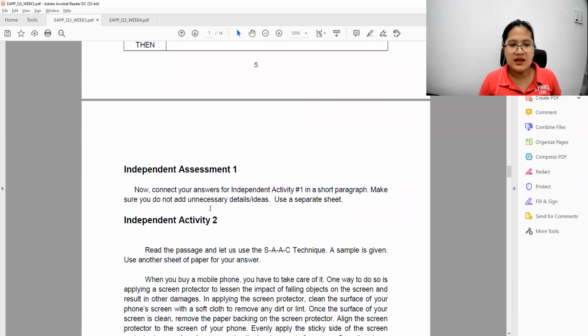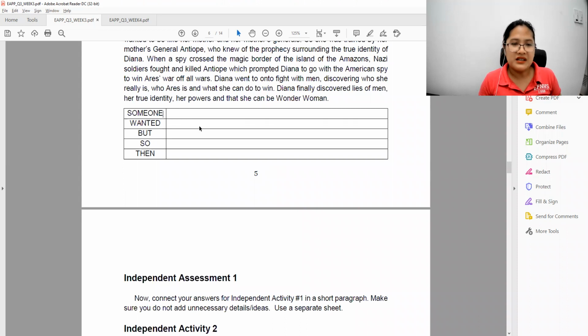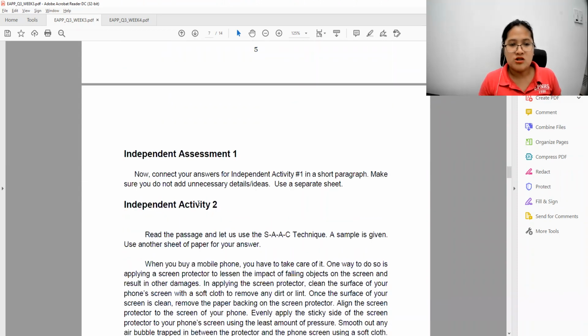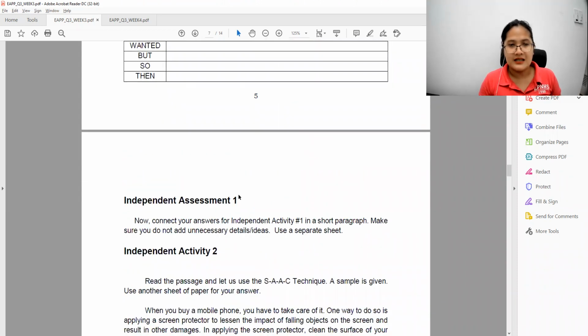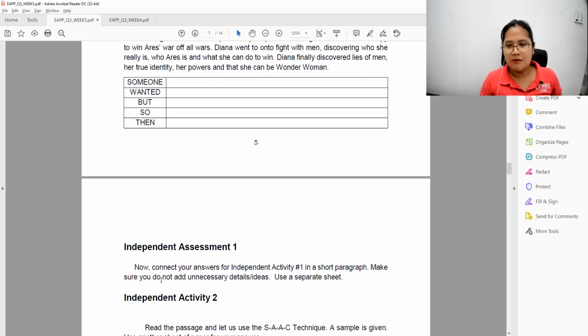Okay. Now, connect your ideas for independent activity 1 in a short paragraph. Kumbaga, pagtatahi-tahiin mo sila. And make sure that you do not add unnecessary details. Like, she fell in love with someone, kung wala naman dito, or she had a daughter, saan banda. So you have to check, is it still part of the original